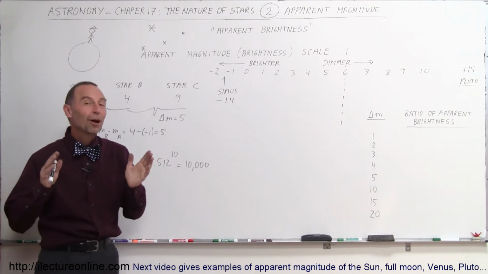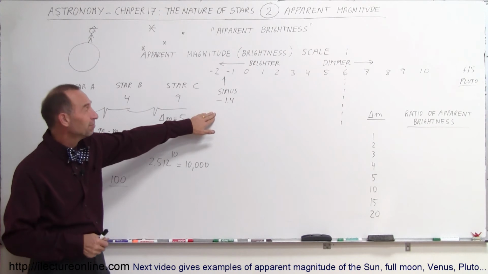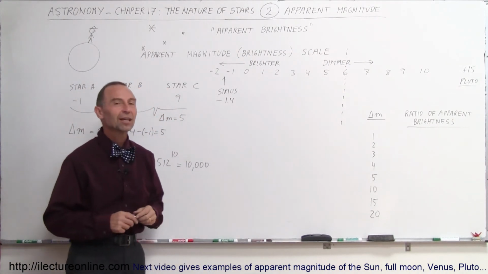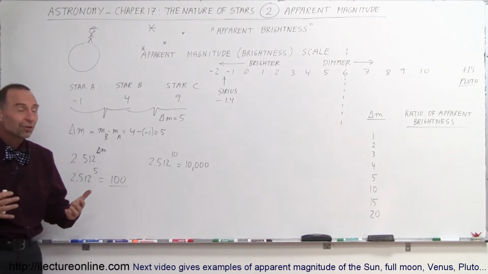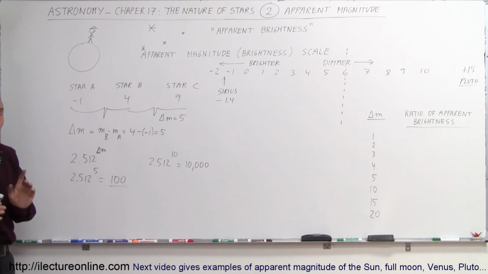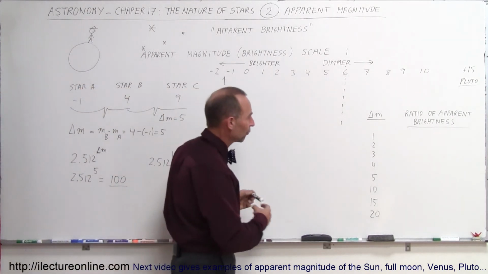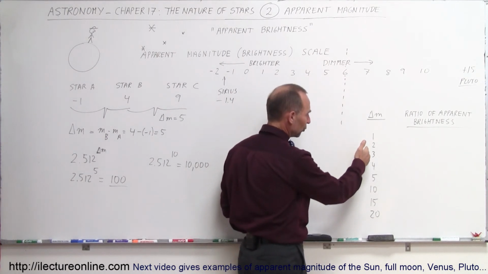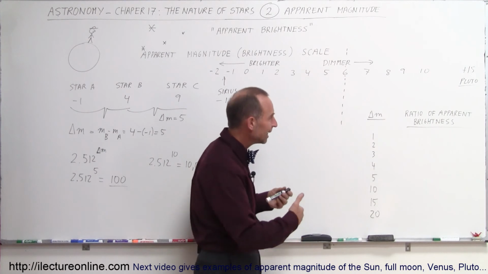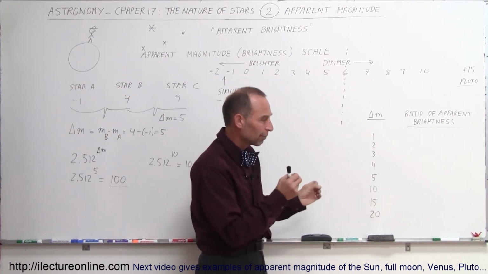So now we have a pretty good feel of the brightness of objects in the sky. The sun at -27, Sirius, the brightest star, at -1.4, and the dimmest object we can see at +6. And in future videos, we'll get more of an exposure to all these various things. One thing I wanted to show you is maybe a scale, a table. So for example, if the difference in magnitude is 1, 2, 3, 4, 5, 10, 15, 20, what is the difference in apparent brightness, or I shouldn't say absolute, but the comparison in how much